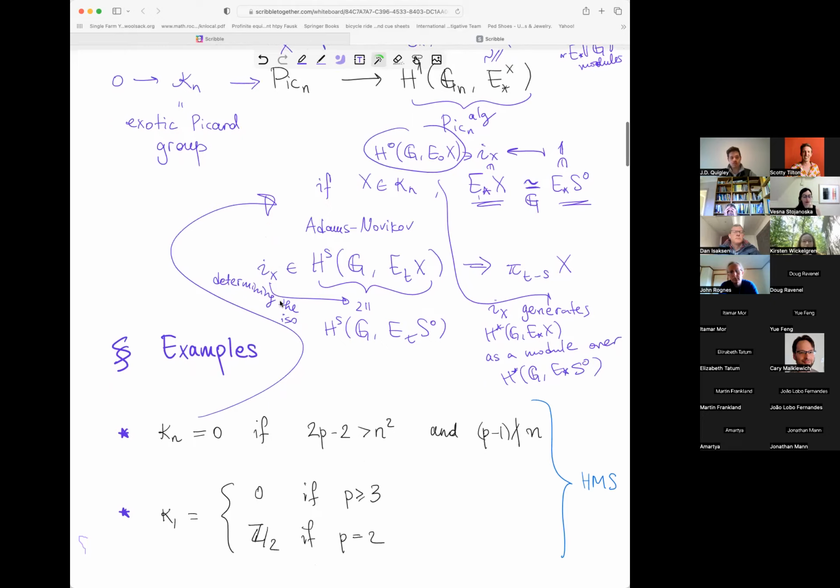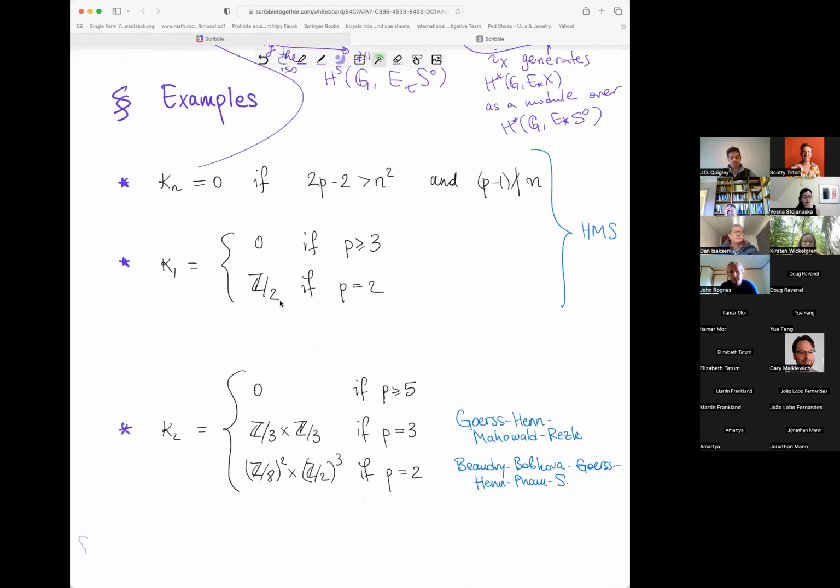Okay. All right, so what else is known? So here's height 2. Well, again, these kinds of conditions apply when p is 5. So there's nothing in kappa 2 for primes 5 or larger. When p is 3, there's actually 2 copies of Z mod 3. So this is already more interesting. We have something of rank 2.